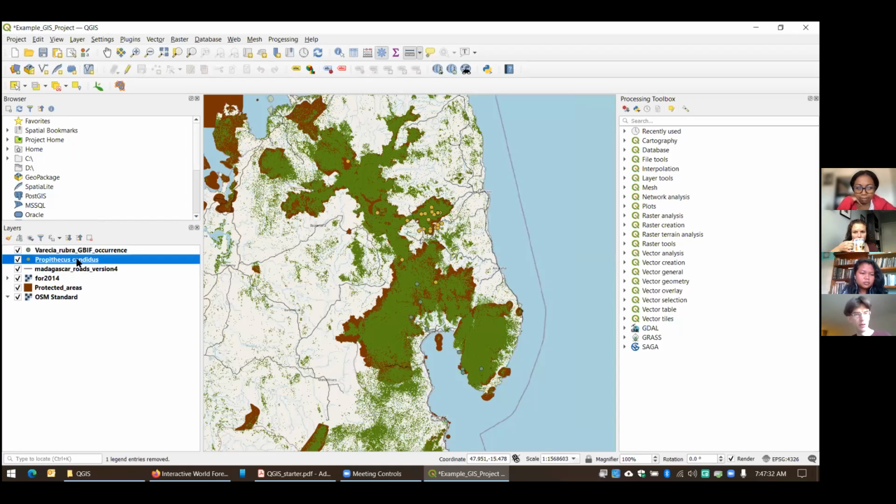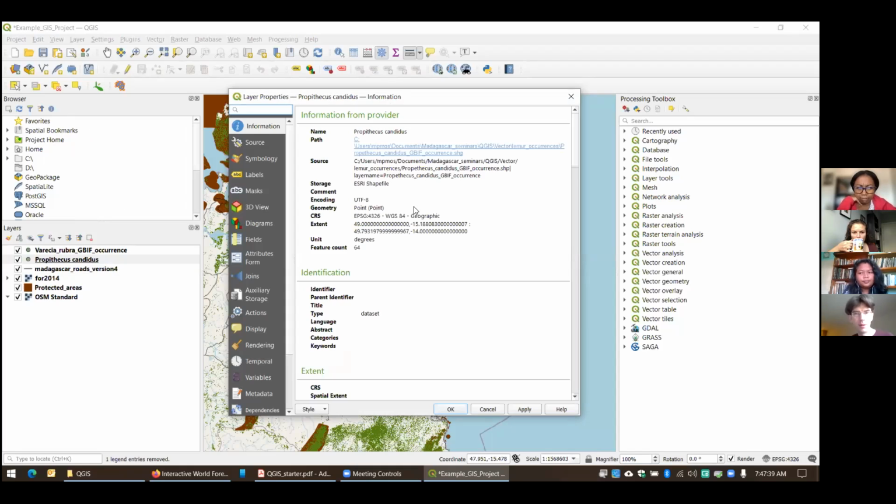I'm going to right click on that, click on properties. And we just want to see that it is in a geographic projection system. It's just WGS 84. There's no UTM here. And the reason I know that also is because it's in degrees.